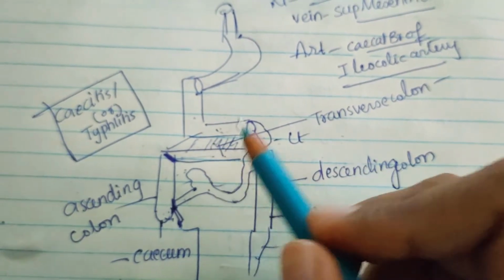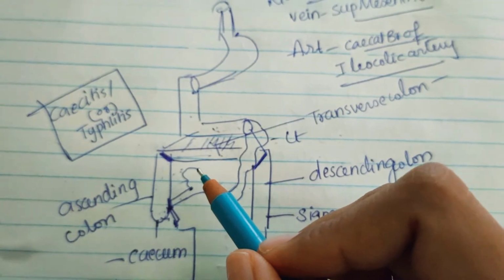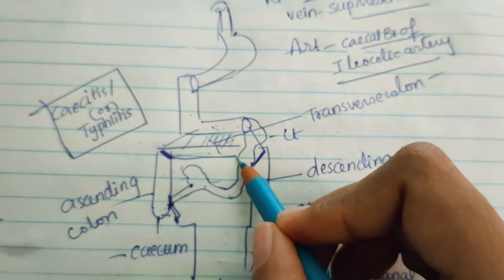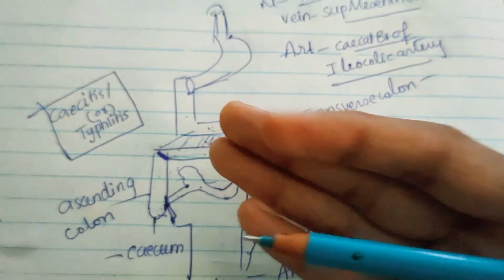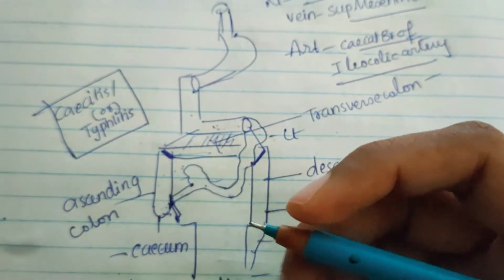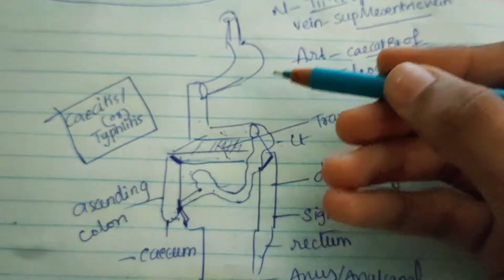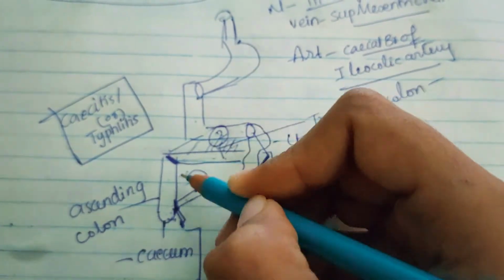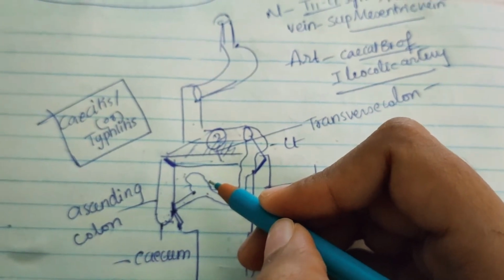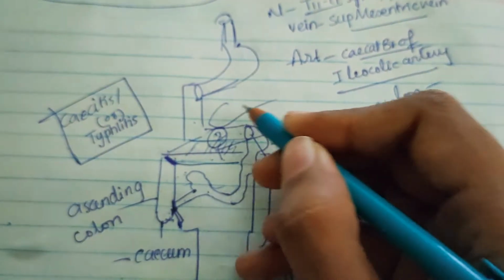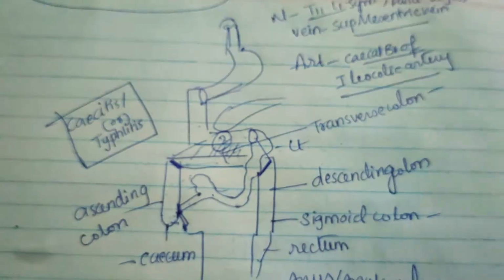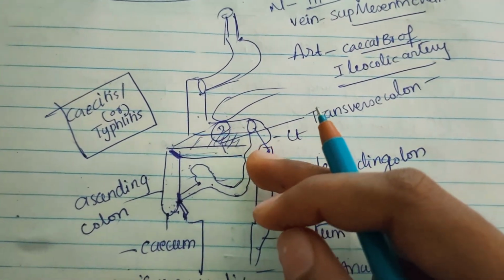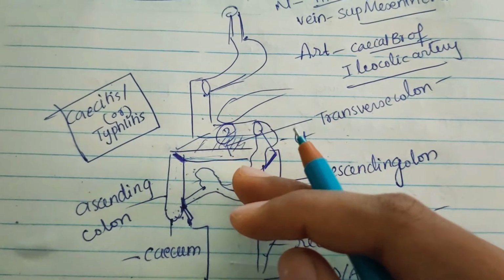and it is attached to anterior border of pancreas and has a wide range of mobility. So mobility is more in transverse colon. And anteriorly it is related to greater omentum and also to anterior abdominal wall. Posteriorly it is related to second part of duodenum. You can see clearly second part of duodenum, and also to head of pancreas, because here will be the head of pancreas, right? So to the head of pancreas, and also to coils of small intestine, right?